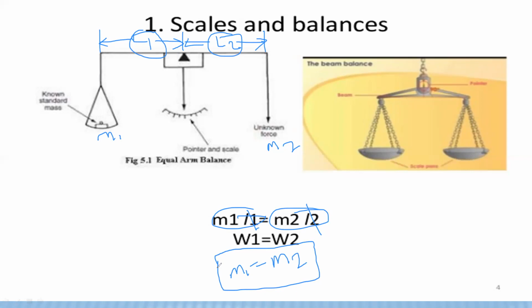Some desirable characteristics of beam balance: the center of mass of the beam is kept only slightly below the knife edge so as to make the beam a very sensitive indicator for the unbalance. Knife edges are kept sharp and clean to realize optimum performance of the equal arm beam balance.